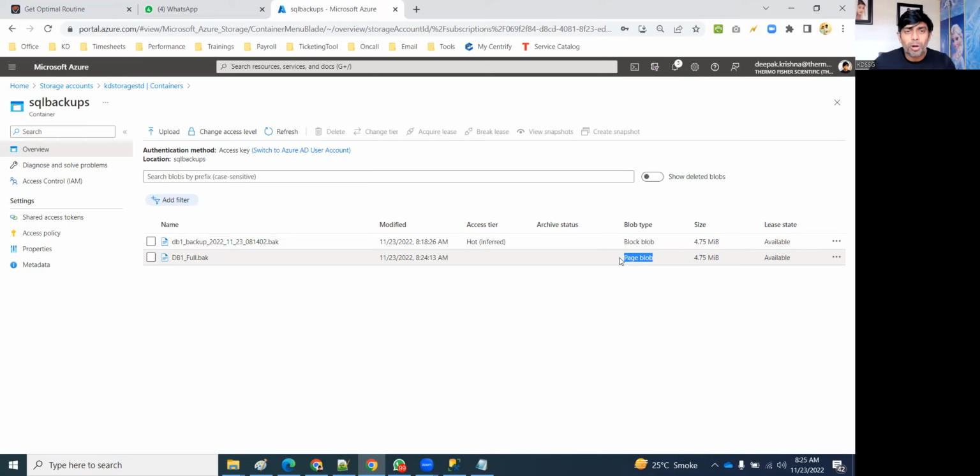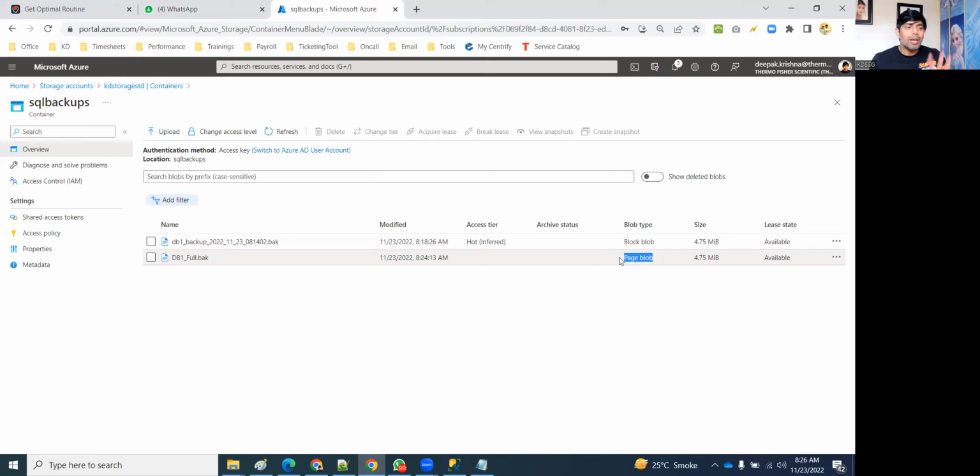Of course, page blobs are very good for VHD files. We all know, absolutely good, without a second thought. But what I am saying now is that you can use page blobs for normal files also. Page blob gives you how much storage? 8 TB capacity. A block blob still gives you only 4.7 TB. This is 8 TB, so there are advantages if you want to use page blob.